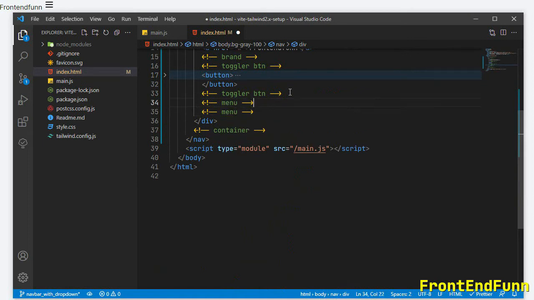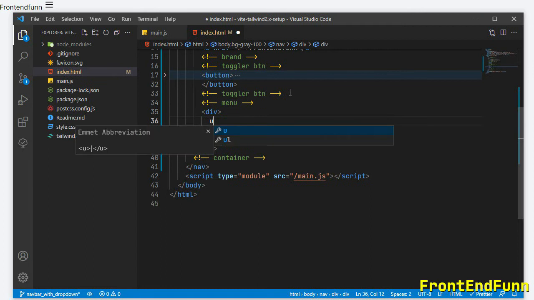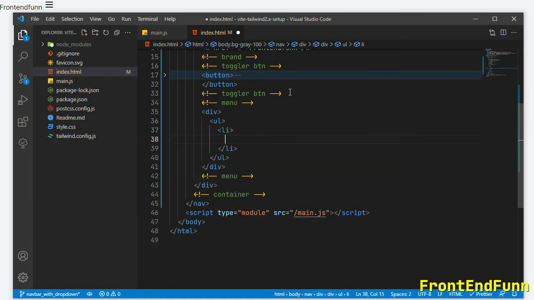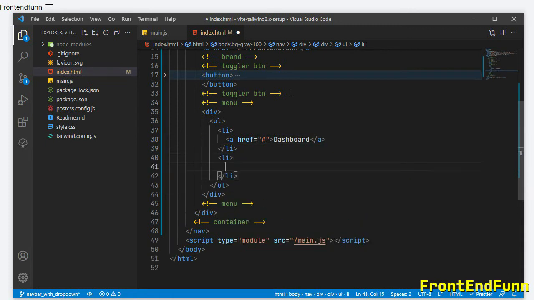So I'm creating a wrapper div around the UL elements, and inside the UL we'll be having list items, and anchors inside the list items. I'm just adding random text here, say projects.